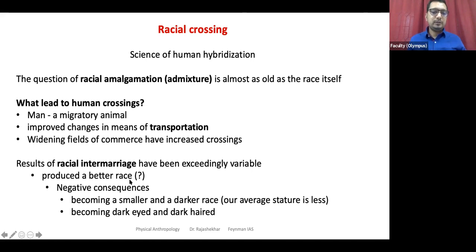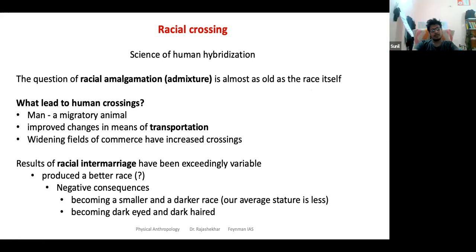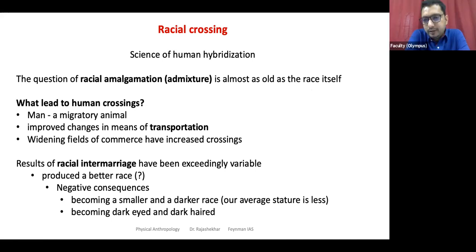What is the outcome of this? What had happened because of this? So by mixing various characteristics, are we producing more optimal races? Are we bringing together some good characteristics or superior characteristics? Are we forming a better race? I don't know whether you can even define that. What is best, better, what is superior changes from context to context.